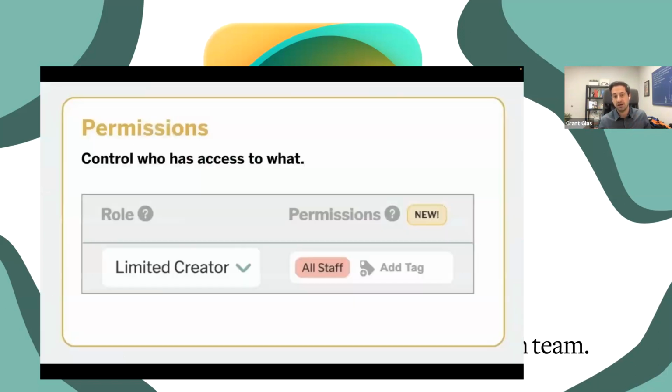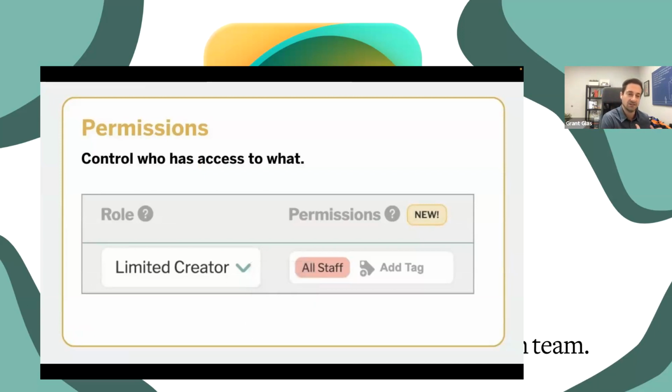First up, permissions. This is an important one to a lot of churches, and it's been a long time coming. We've had a request for permissions for quite some time. And we see this a lot where you've got several team members at your church that want to be in Playlister and potentially have